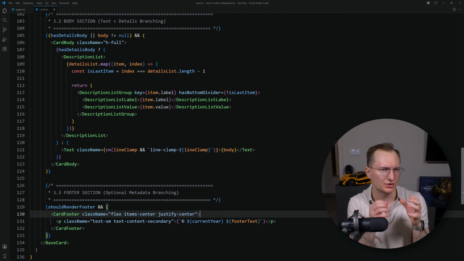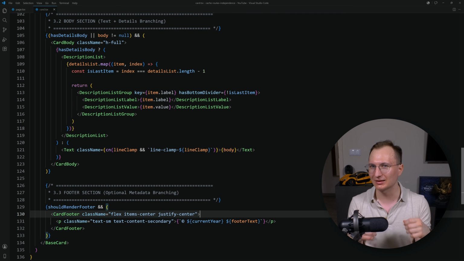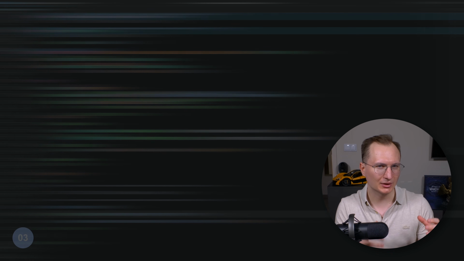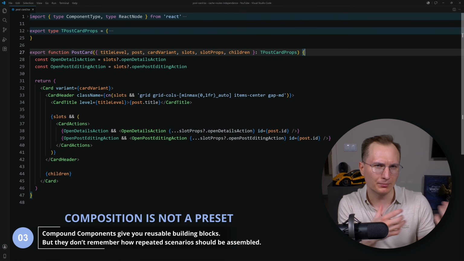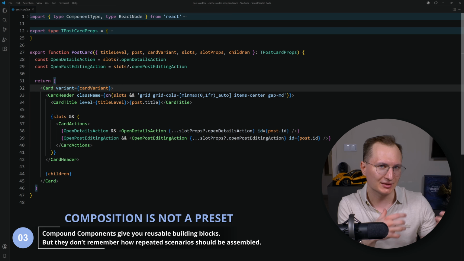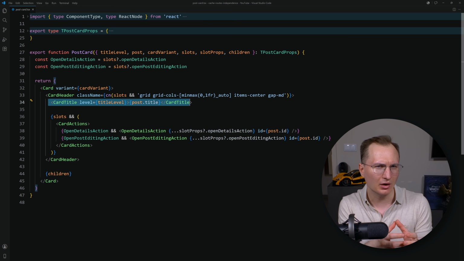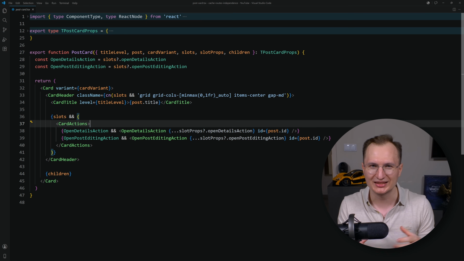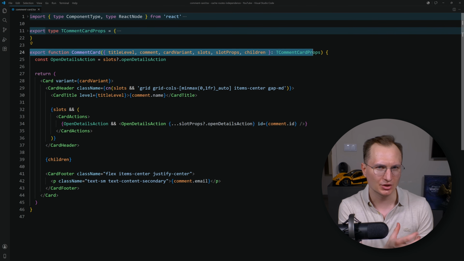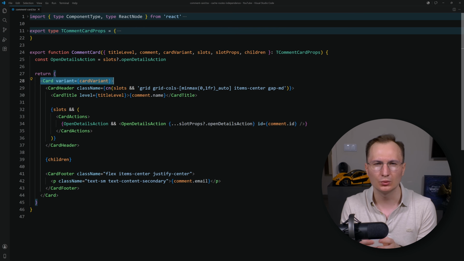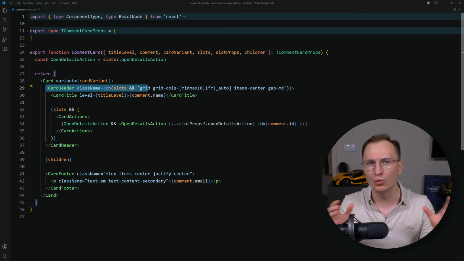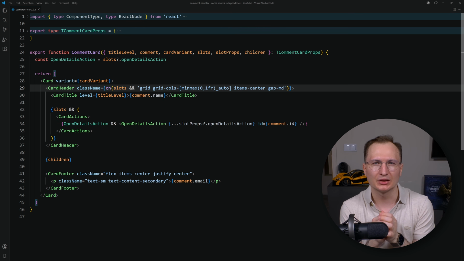That's useful because we use the base styling and can build different structures from the same shared parts. But compound components give us building blocks, not ready-made assembly scenarios. If the post card, comment card, and user card are manually assembled from the same pieces every time, we still repeat the same composition: which header to use, which body to render, whether we need the footer, and which data